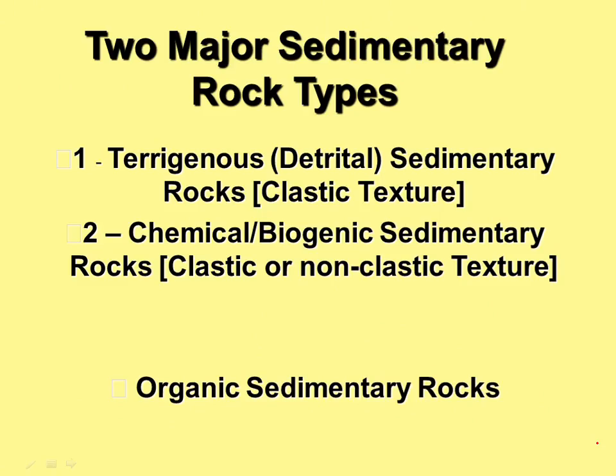And the point about terrigenous sedimentary rocks is that they exhibit a particular kind of texture referred to as a clastic texture. Clastic comes etymologically from the Greek klastos, meaning fragment. And if you think about the definition of a terrigenous sedimentary rock, an aggregate of fragments of pre-existing rock, that describes the textural aspects of terrigenous rocks. You can see individual fragments that have been transported independently, brought together, and through the process of lithification